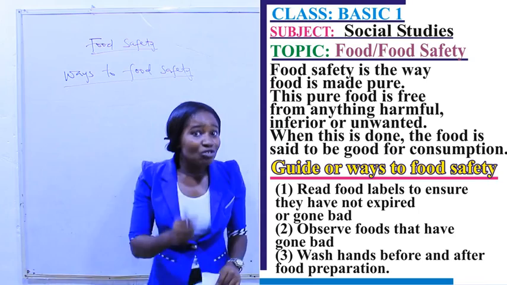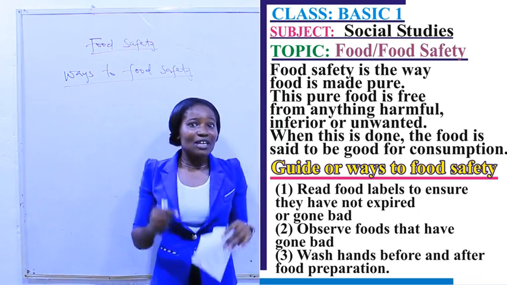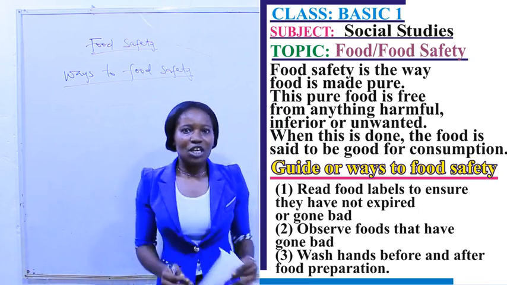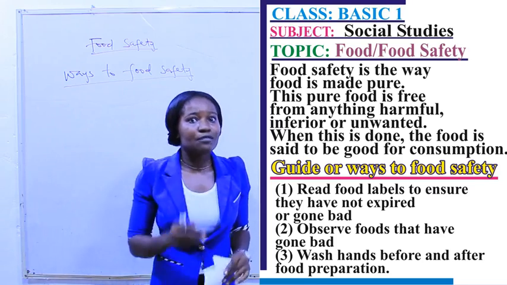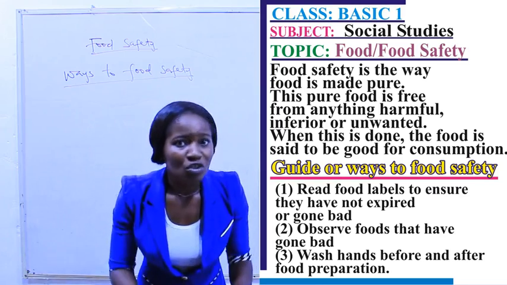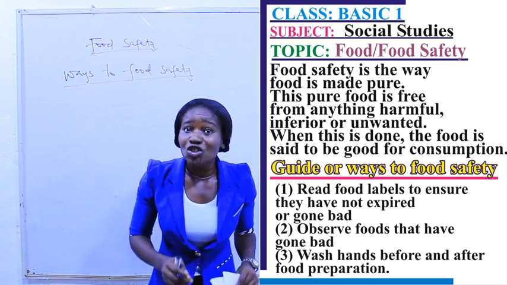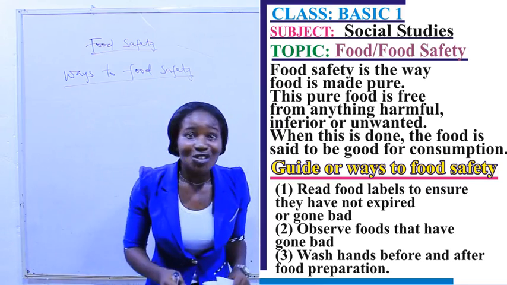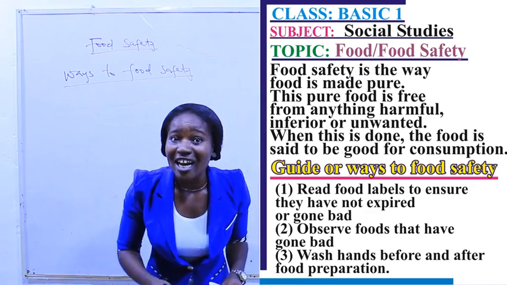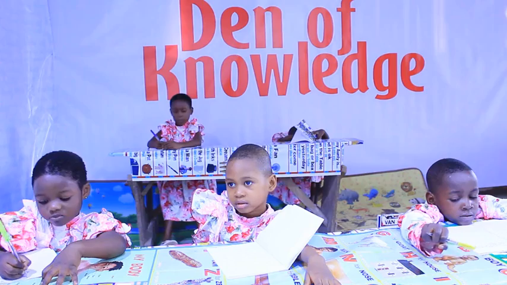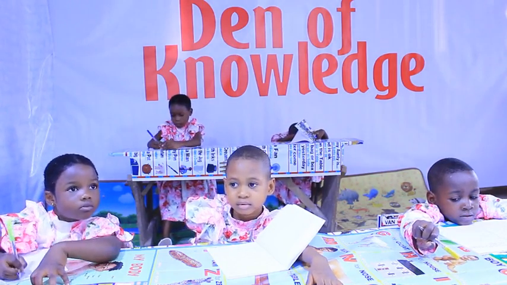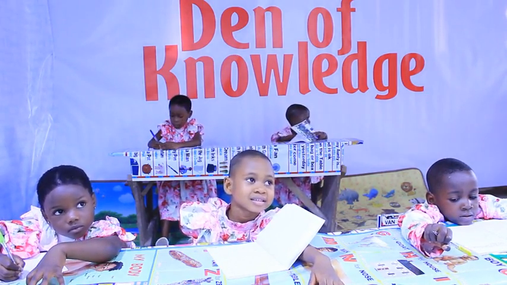As a good child, you check the odor that is coming out from the food. Not once they give you food, you start eating it like that. No, you check the odor. If the odor is bad, you leave the food. You tell your mommy, "Mommy, this food is not good. The odor that is coming out from this food is very bad. I cannot eat it." Because if you take that food, it's going to affect you and you will still complain